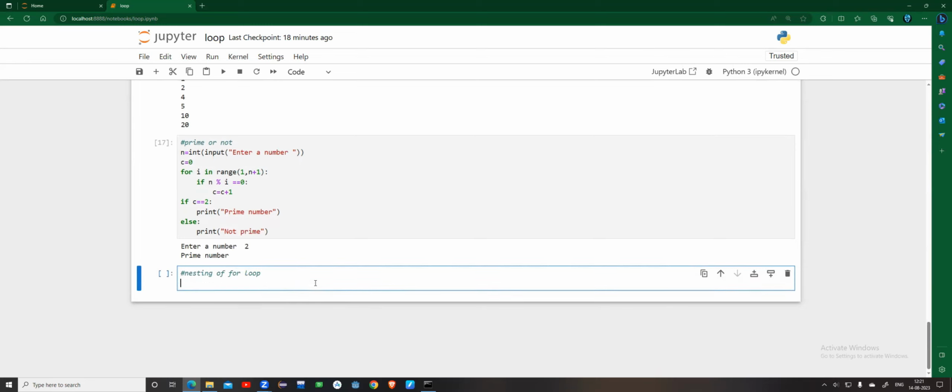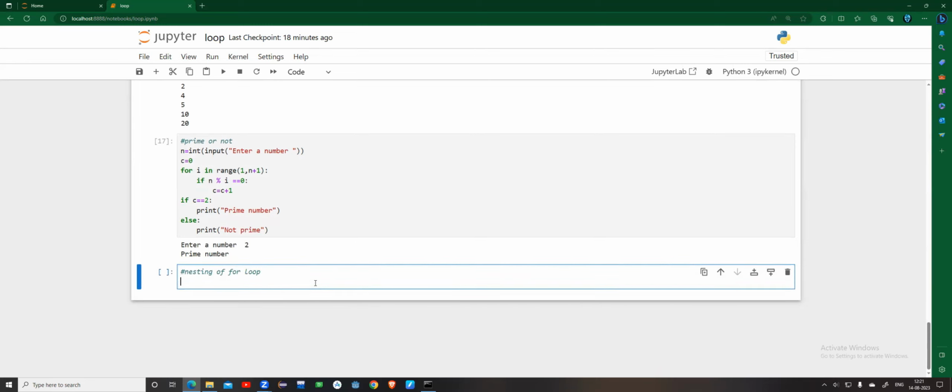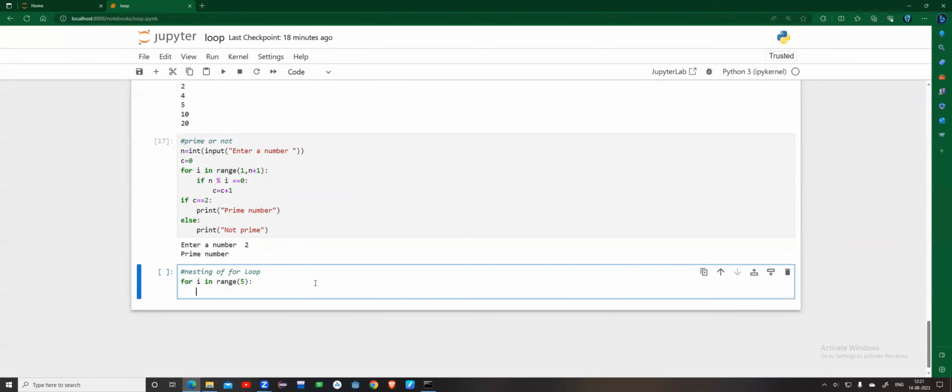If I want to print a pattern, for I in range(5): I am inside the for loop, right? For every I, I'll have another for loop: for j in range(I + 1):